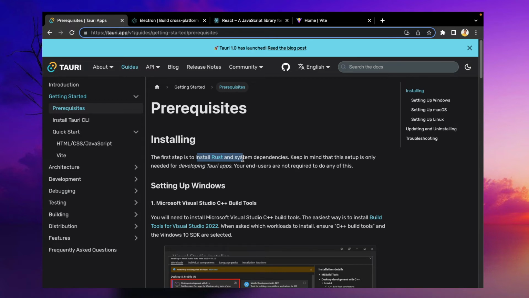Because your end customer doesn't need to install Rust, you can give them the .exe file, the application binary, and they can install it. But for your development purpose, you need to set up your machine. You need to install Rust,